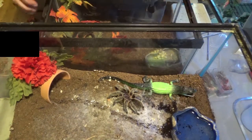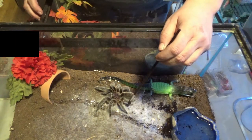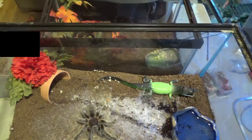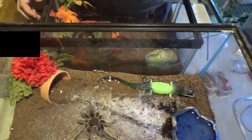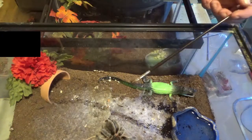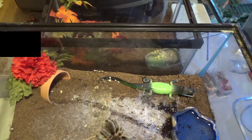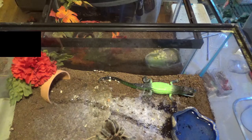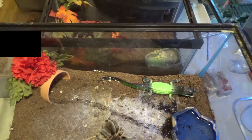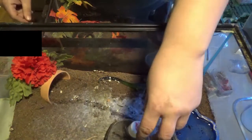Let's see how grumpy she is, shall we? Okay, she's a little jumpy. I was thinking about maybe trying to handle this one, because she's always been very, very docile. She's never struck at me, but that's a little too jittery for me to even bother with. So I'm going to try and take her out of there and put her in the new one. To do that, I'm going to need to go get, which this should actually be big enough. I was going to get another container, but I'm going to...